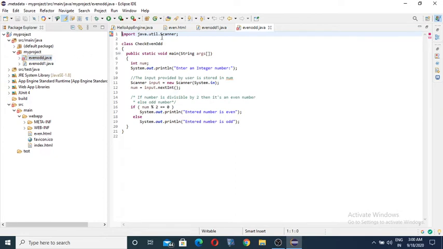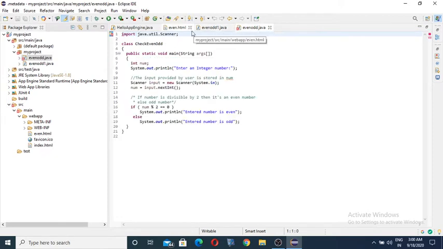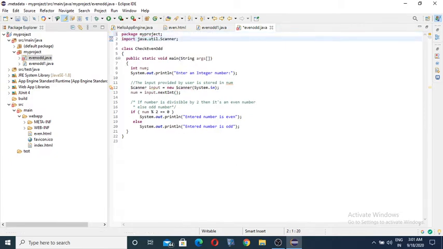Now I can give the package name. I can give package my project semicolon, in that even.java before the import. I give the name my project semicolon. Okay, enter, I can give a new line. Now I can save this, Control S. The cross marks will collapse and the exclamation mark will become an option that is ignored.